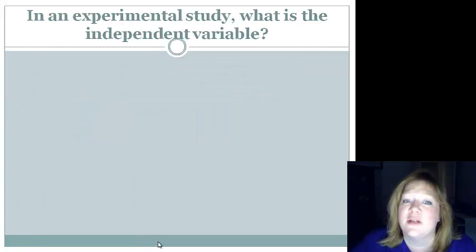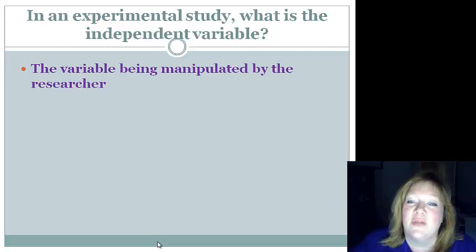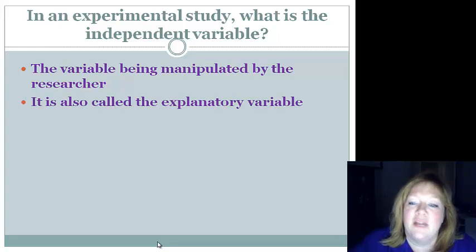Okay, in an experimental study, what is the independent variable? That's the variable that's being manipulated by the researcher. It's being controlled by the researcher. It's also called the explanatory variable. In our sit-up scenario, the independent variable was the instruction that they gave the 2 different groups. That's what they had control of. So they gave the instruction to the first group, do 2 extra a day, and they didn't give any instruction